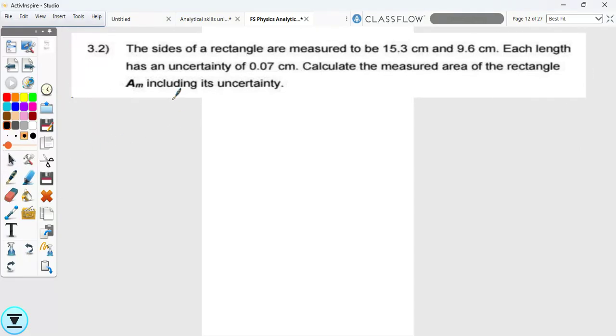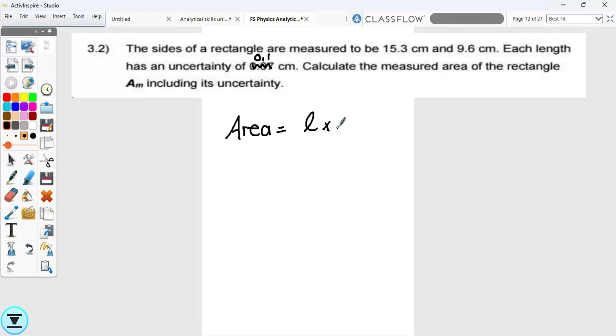And we've got 3.2 then. They say we've got a rectangle, and the sides are that, and this time we want the area of the rectangle. So now remember, and again they did that. I don't know why they did that. This should also be 0,1, not 0,07. This is very weird. I'll let him know that we need to change that. Otherwise you must add random zeros there with no meaning, and we don't like doing that. So when we do this area, again, we're going to say area is equal to